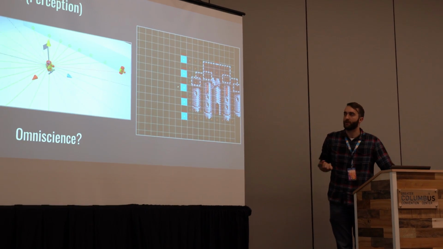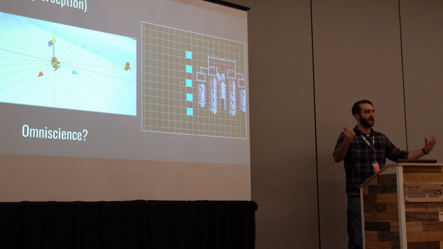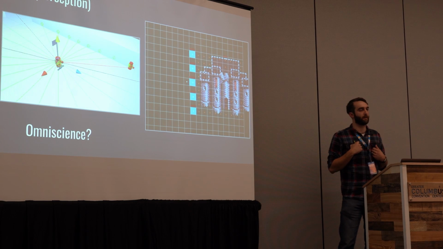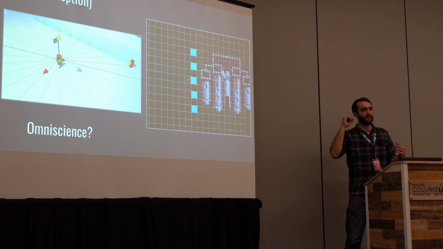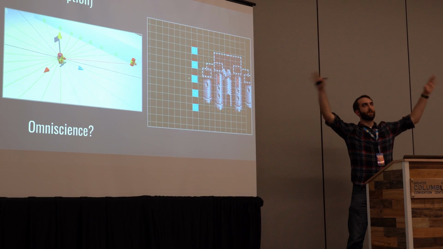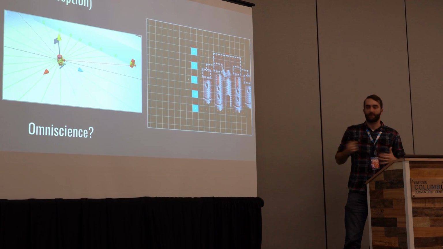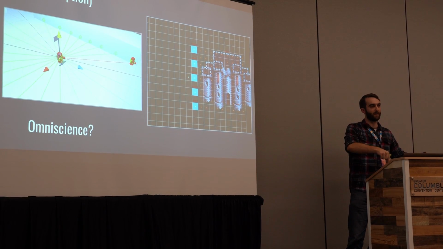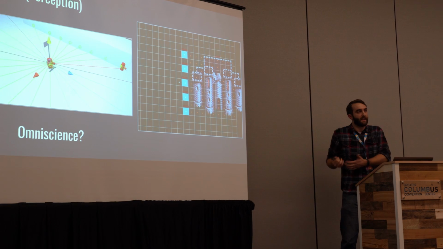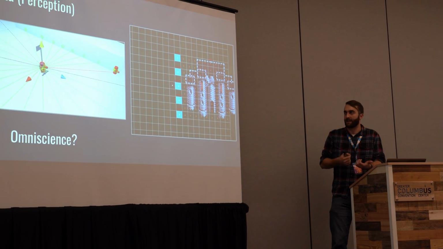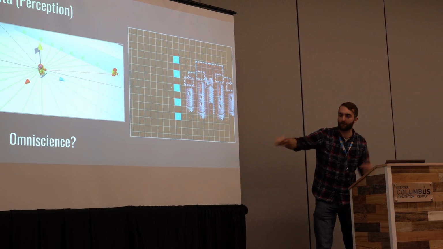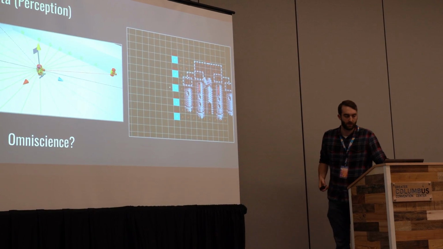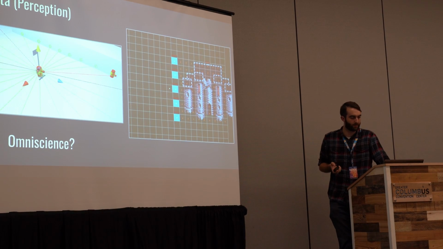You can do other things too, where we're feeding in the locations of enemies on the map. The problem though is that when you're giving a demonstration to the robot, it's making the connection between when there's enemies far out in the world, I need to take these actions. And if that exact situation isn't happening in your game at the moment you're playing it, then they'll just be taking random actions. They won't be learning that connection. So it's a bad idea to have omniscience. Instead, it's good to have this kind of localized data. So that's why we have these two different approaches.